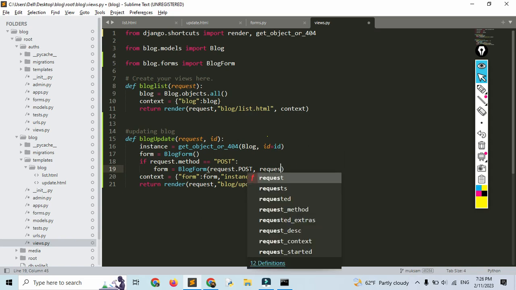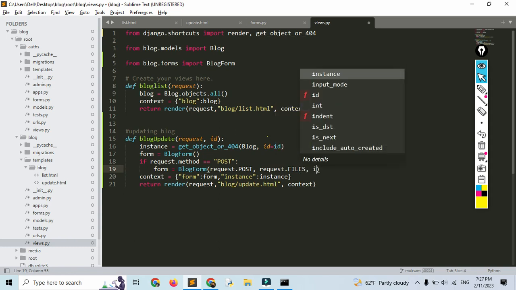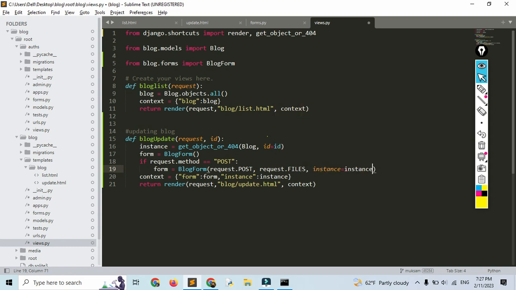We are updating the image also, so we need to use request.FILES. That means we are updating the instance of that specific object,